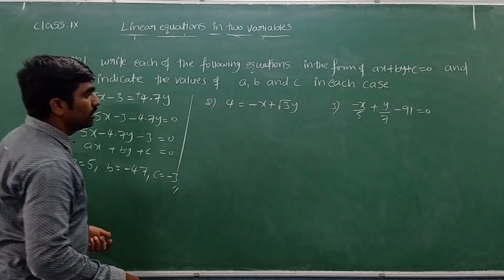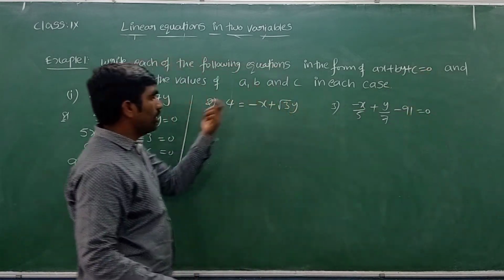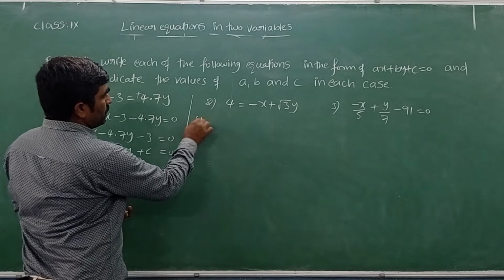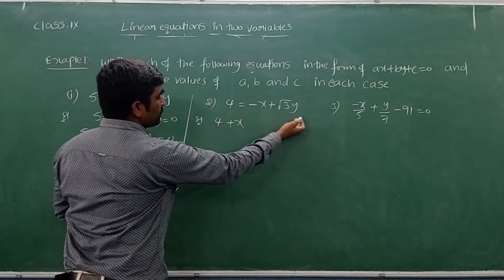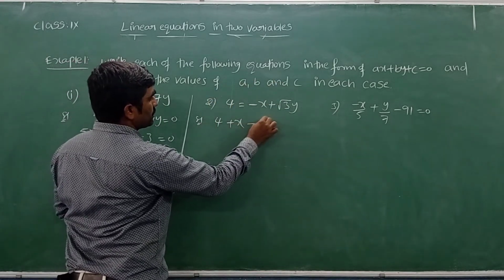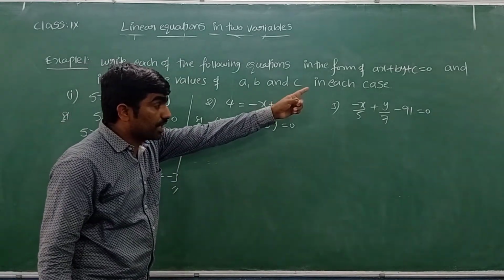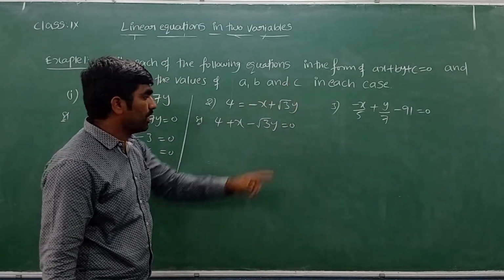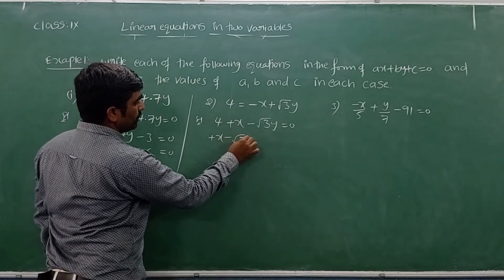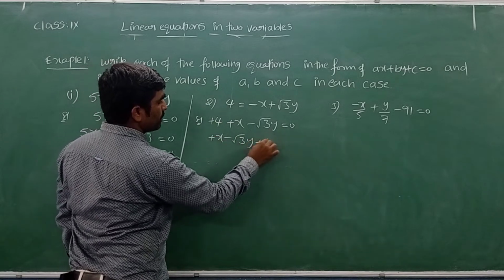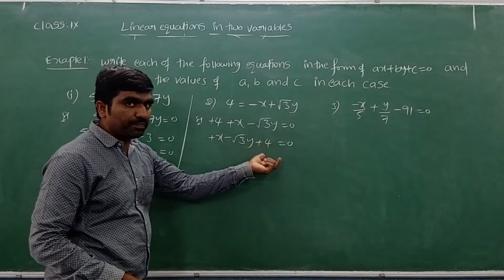We'll go for the second one. So on the RHS we have 0. When there is no term on the right side, we'll transfer everything to the LHS. 4 plus minus x, if I transpose, plus x plus root 3y, if I transpose, minus root 3y is equal to 0. Now we need to arrange this like the standard form. X term, y term, then constant. Let me write first the x term, then the y term. Now the constant. If there is no symbol, we will take a plus symbol. Yes, it is in standard form now.